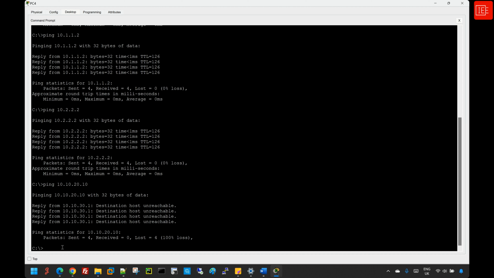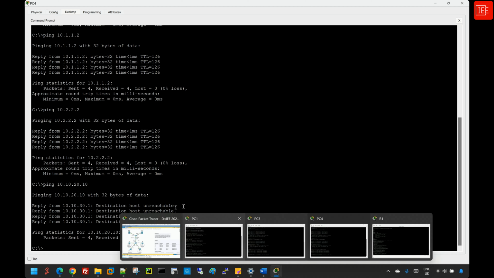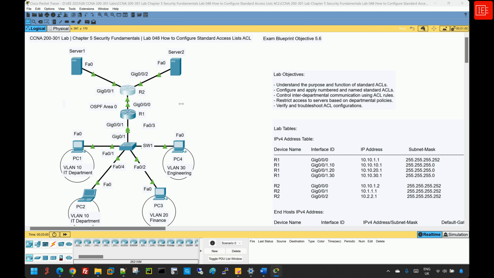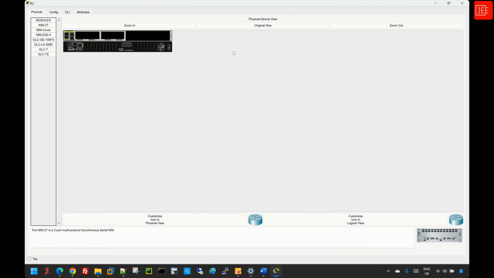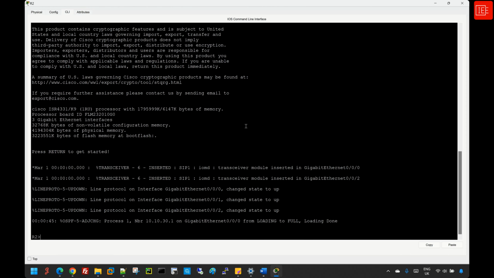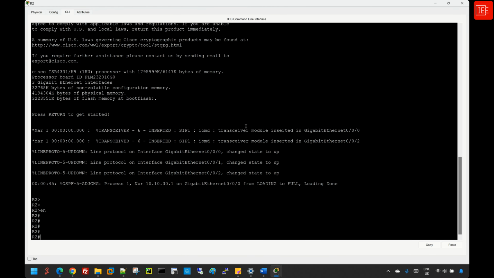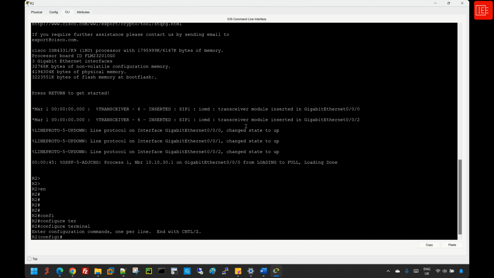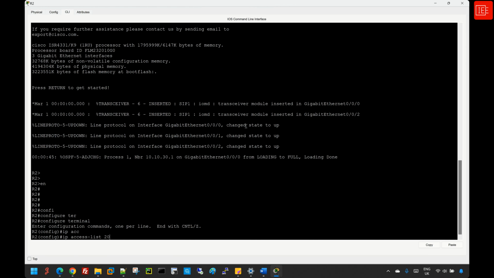Let's move into task number 3, where we need the finance department to have access only to server 1 and be blocked from accessing server 2. So I'm going to jump into router 2. I'm going to go back to my topology and go to router 2, and from there go to CLI. Then I'll go to global config and say ip access-list 20, enter,